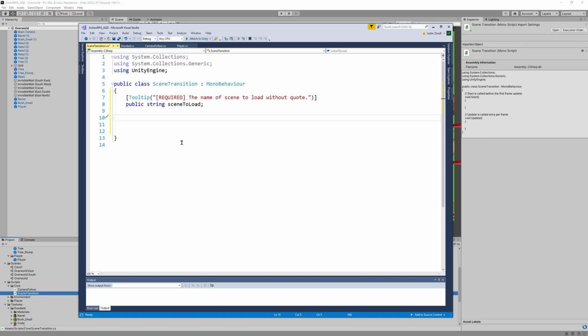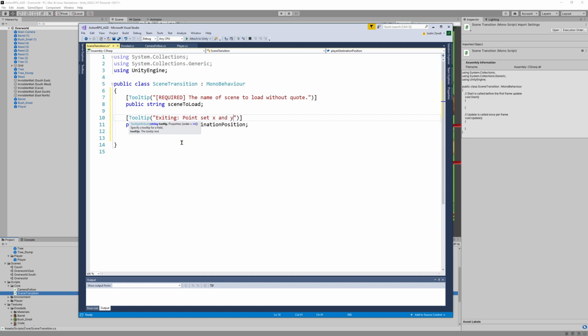The next one, this one's a lot trickier, but this is going to be the player destination position. And this is going to basically be where on the other map the player is spawned at. Now, we're going to have to calculate some other things. If you walk off the edge, we're going to have to calculate if you're like 2 steps to the left going south, then you're going to have to appear 2 steps to the left on the new screen on the south. So the tooltip here is going to say that if you're exiting with the point,